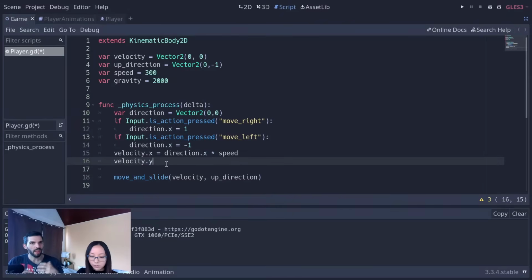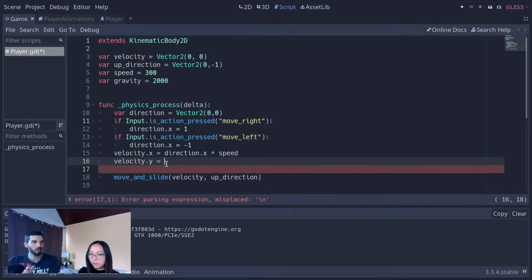And so we're going to increase it every frame, every time that physics process runs. So to increase it, you can do equals velocity.y plus something. You have to type it again because you need to increase velocity.y. So velocity.y is going to be equal to itself